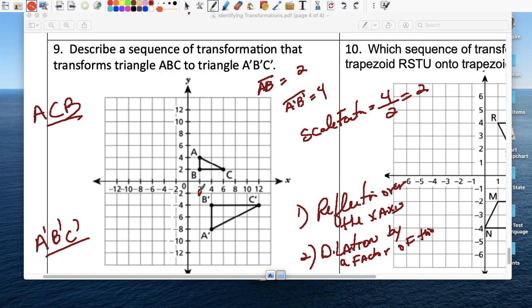That's 2 units. So it's going to be like this. And then you're going to dilate it, and the distance that each point is from the origin, for A prime, B prime, C prime,